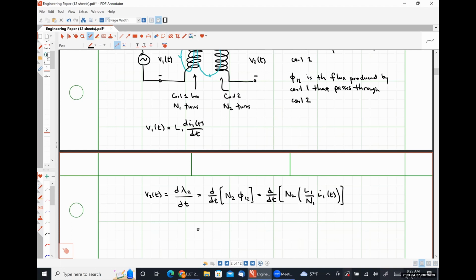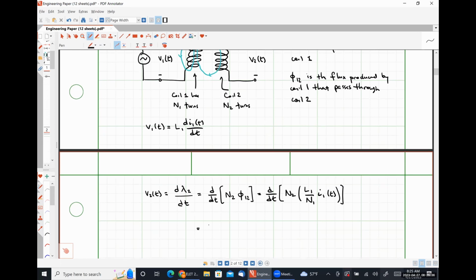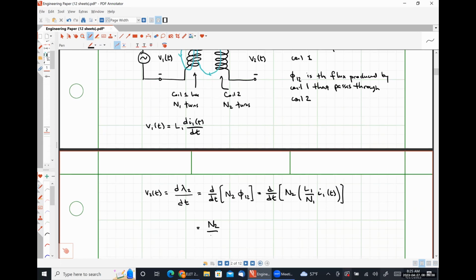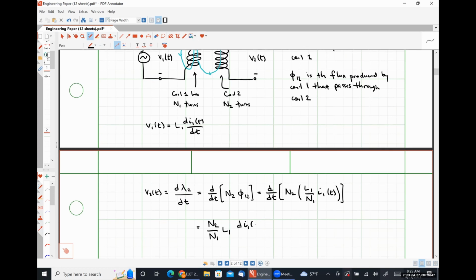And I'm simply going to take all my constant terms to the outside of that derivative because they're constant. I can do that. And so that's going to look like N2 divided by N1 times L1 times the derivative of I1 with respect to time. And we are going to call this M21 times the derivative of I1 with respect to time,